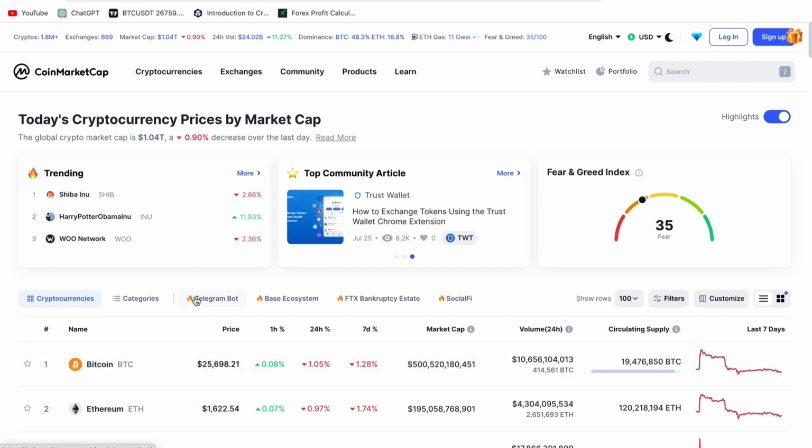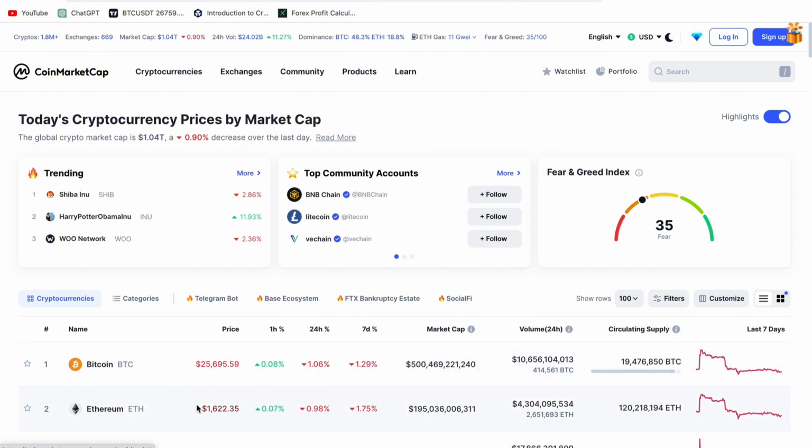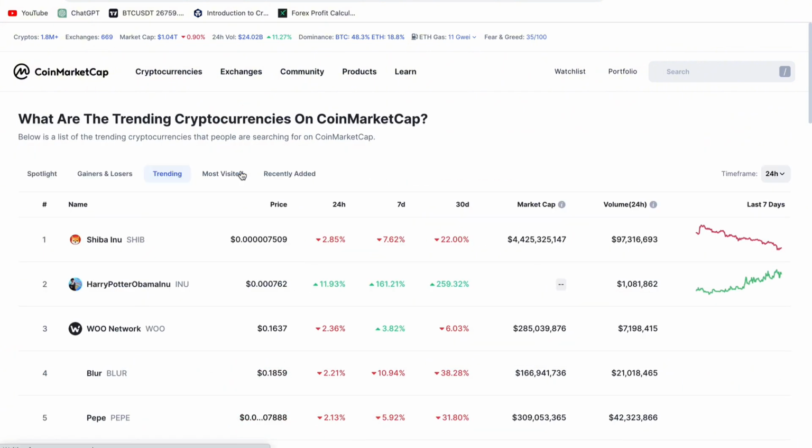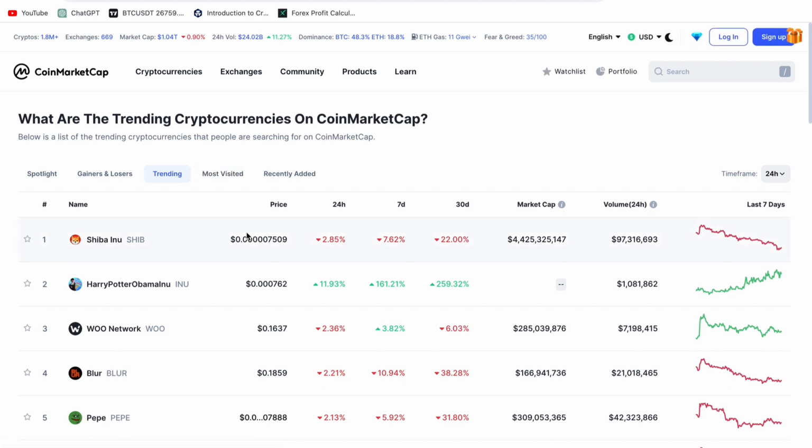So what we want to do is come and select a pair from this particular section, the trending section on CoinMarketCap. Trading is very simple, but the psychological part, like when you are watching your money going